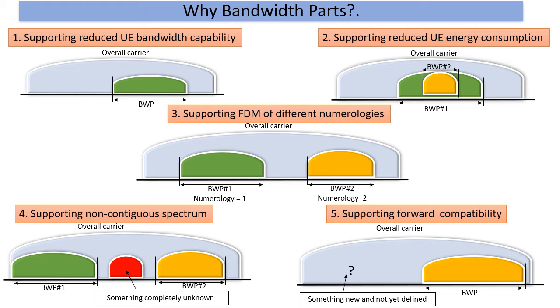The one which we have talked about is that the carrier bandwidth can keep on expanding while the users could have smaller bandwidth based on application, maybe based on cost, complexity, etc. They could also dynamically move to smaller bandwidths based on the need, energy consumption, and so on. And as we know, 5G NR also has different numerologies potentially for supporting different applications. We could keep them isolated in a bigger bandwidth. We can accommodate non-contiguous bonding. We could even accommodate something which we don't know as yet.